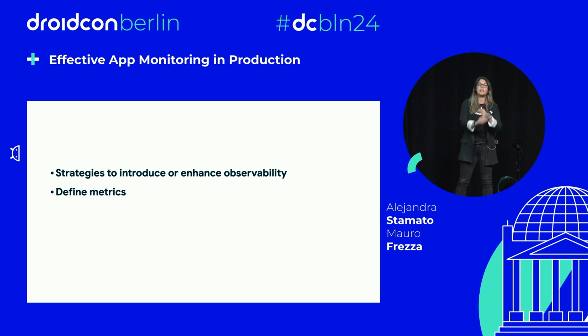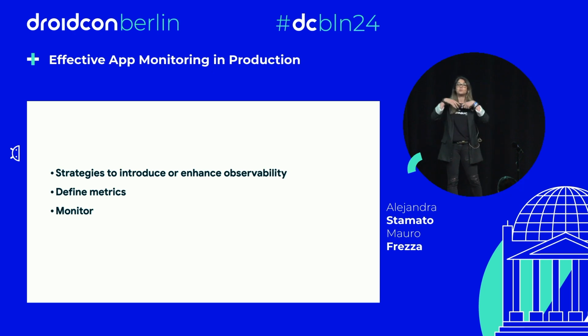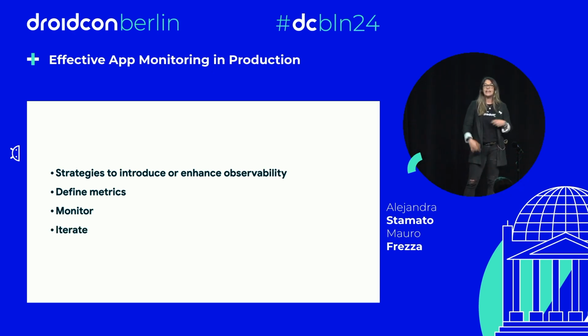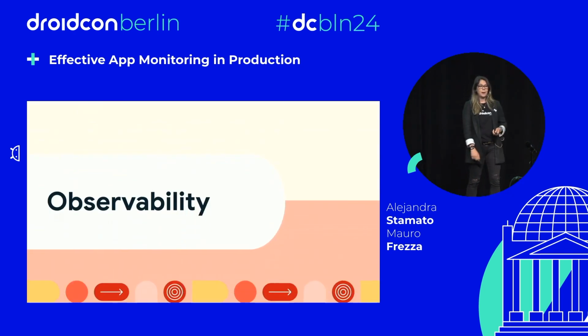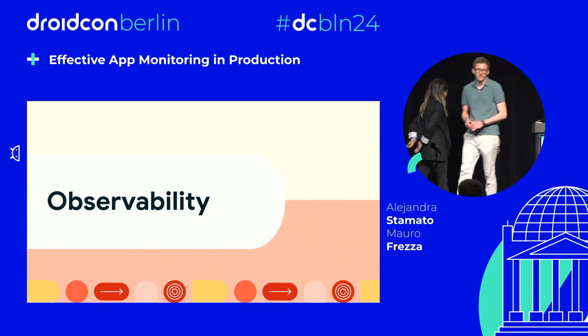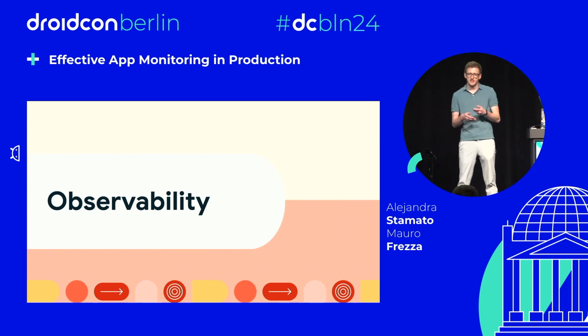Define the metrics to establish a baseline of performance, to quickly see when you're deviating from this baseline. Establish a process for monitoring and continuously taking a look at your metrics. And then finally, iterate on the process, making it better, enhancing your observability, enhancing the data and the quality that you're sending to production. So we mentioned observability, and by observability, we mean the set of tools and processes that